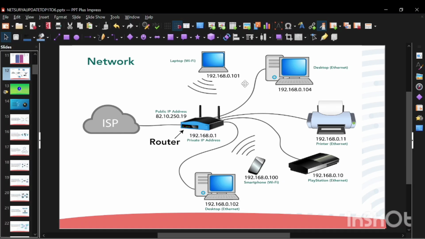Right. So this setup allows multiple devices to share a single public IP while maintaining a unique identity within the local network. So this is how a typical home or office network works using routers, private IPs, and NAT. And NAT stands for network address translation.